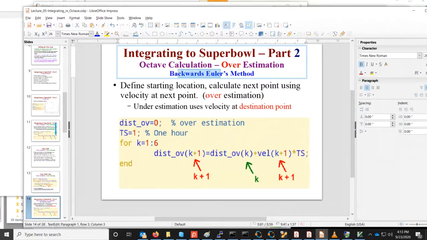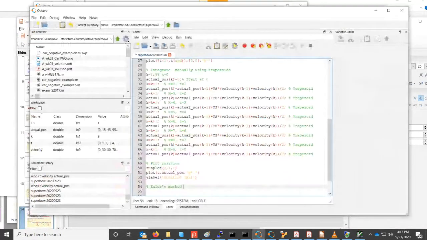Euler is over. I just want to make sure I was saying that. So the under approximation, Euler's method is the under approximation,